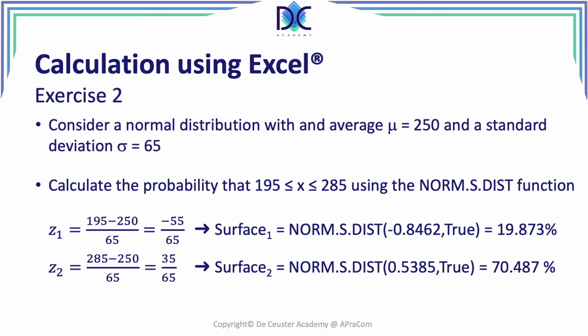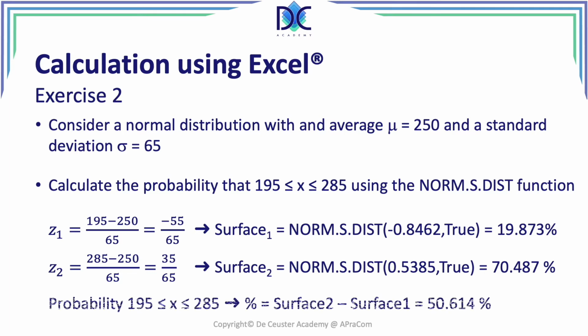which is 35 divided by 65. And we find again the surface. We calculate this surface. We put the z value 0.5385 in the norm as this function. We add the parameter through, and we find that this surface is 70.487%. In order to find the probability that x is between 195 and 285, we have to subtract the first